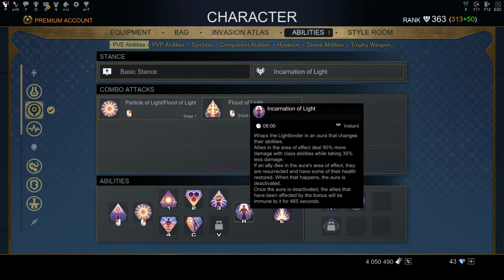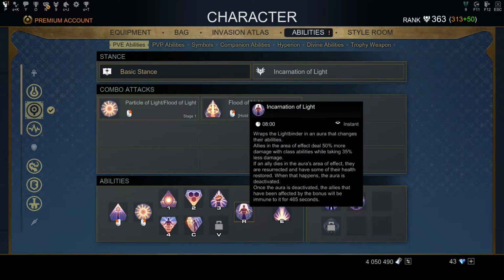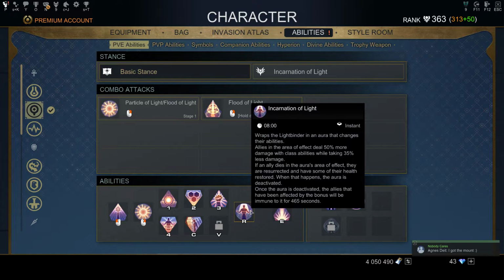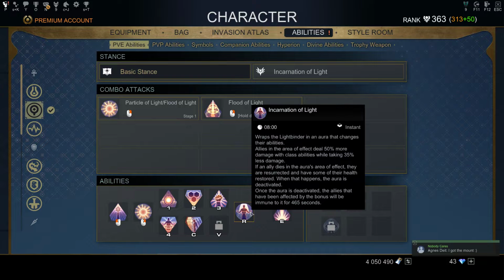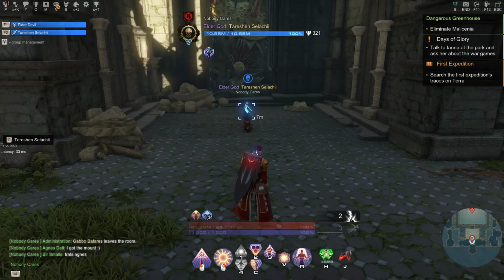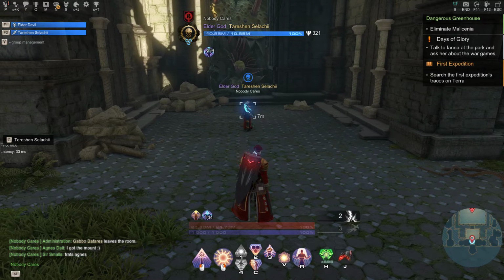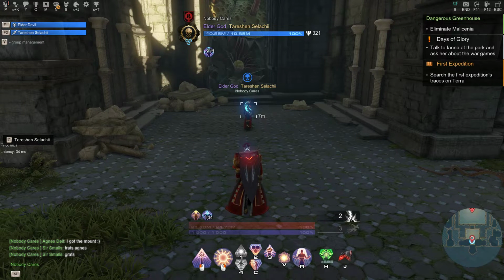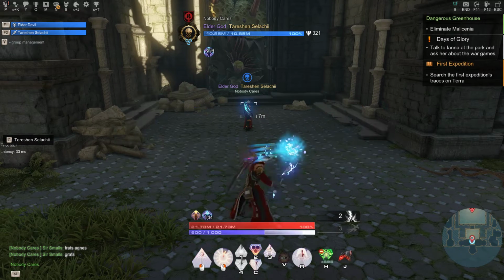So why is it so important to use your Incarnation of Light? It creates the area around you that increases the damage of your teammates by 50% and reduces the damage they take by 35%. A full buff will go like this if you have the merit. Without the merit, just imagine I never threw this ball. It will go like this,